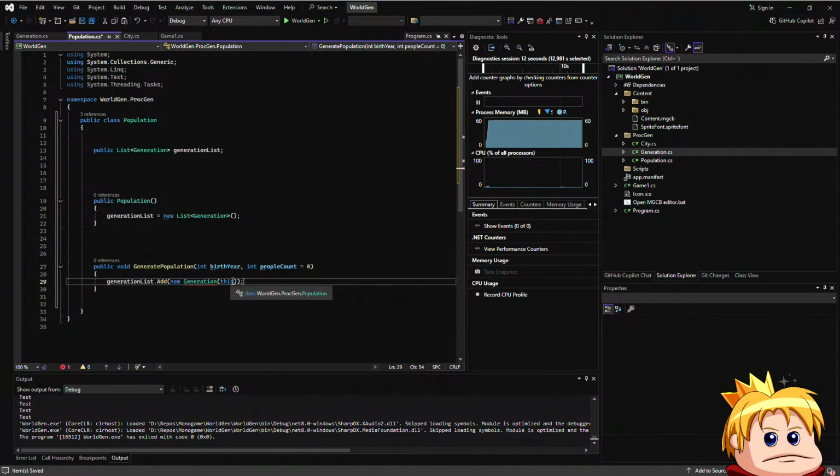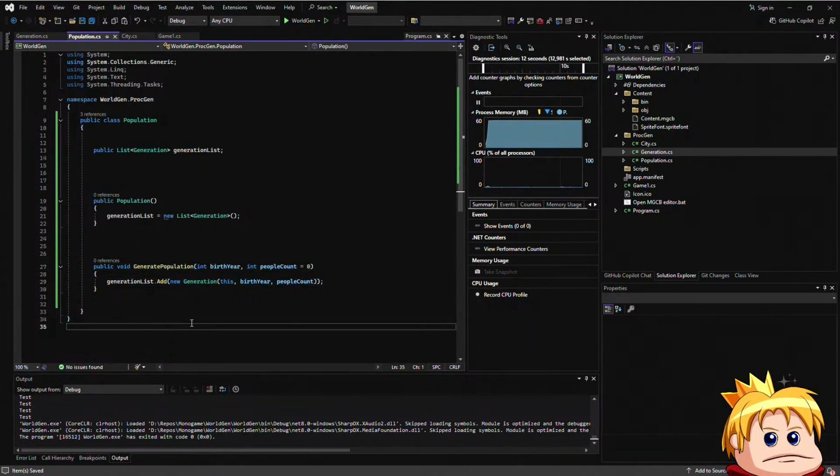Source population, birth year, people count. Right, so here we have an optional people count. In generation, we have an optional people count. Because what's gonna be necessary is to